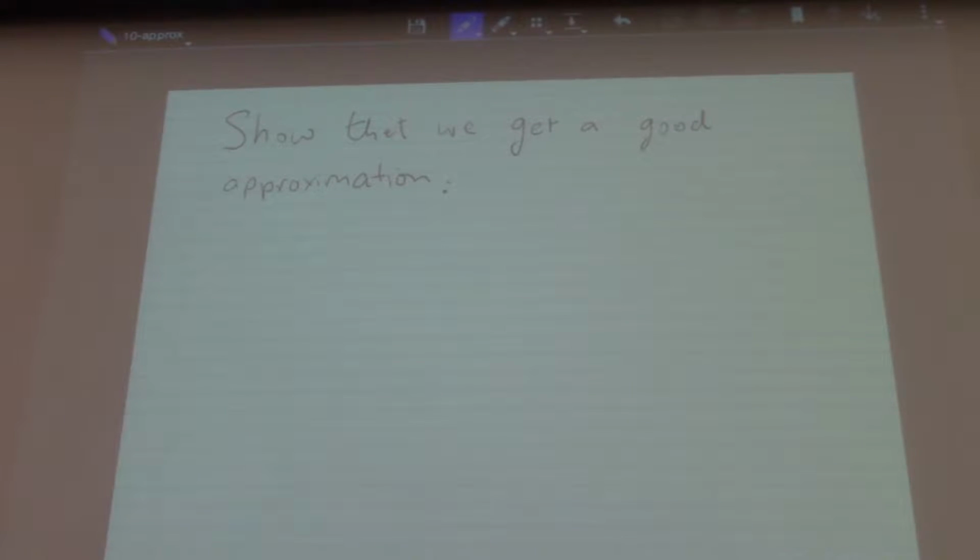Specifically, what we want to say is that if this is the answer we get from our algorithm, our answer is A, and then there's the optimal solution. Remember, we're maximizing. So we want the algorithm to be close to the optimal solution. So we want this to be more than